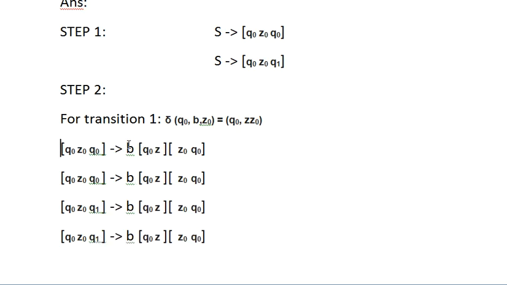We are left with this. B will remain as it is. Okay, this Q naught will remain as it is, there are no changes over here. Okay, Z will remain as it is, Z naught will remain as it is, Q naught is the same. Now as we have changed over here, it will also change, so it will be 1, this will be 1. So everything is done. We are left with only this particular position.